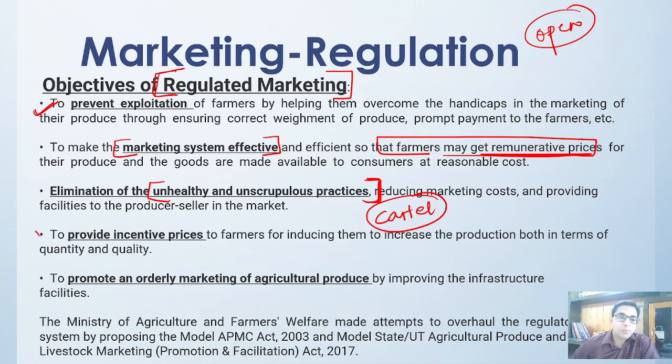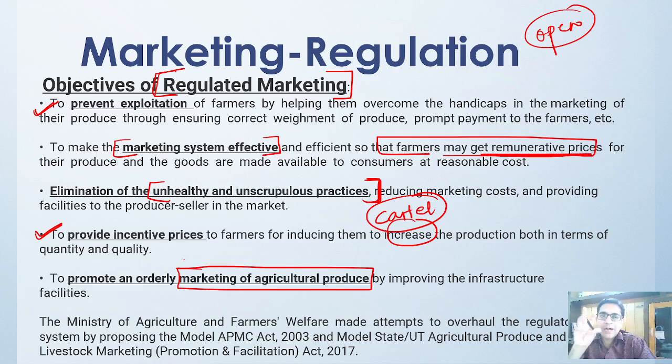Then they also provide incentive prices to the farmer for increasing the production, both in terms of quantity and quality. That means if you are increasing the production and improving the quality, you will get incentives for that. Okay, and proper marketing of the agriculture produce will happen. So to achieve this objective of regulated marketing, government came up with the APMC Act, the Model APMC Act in 2003,